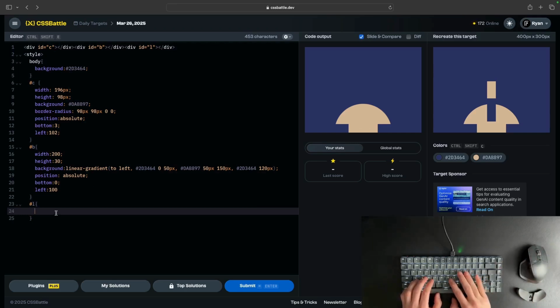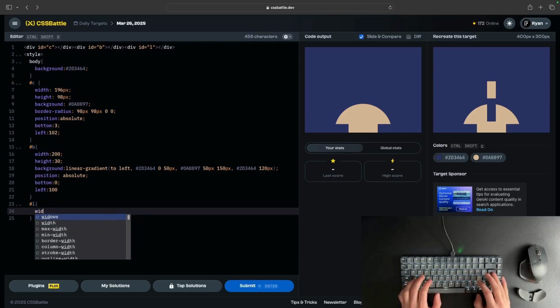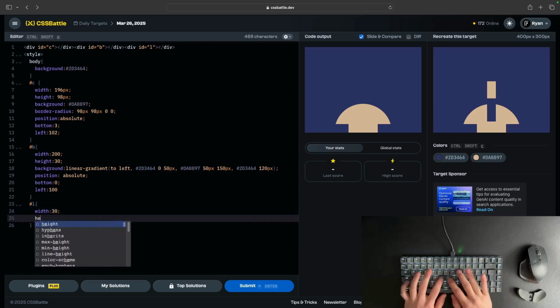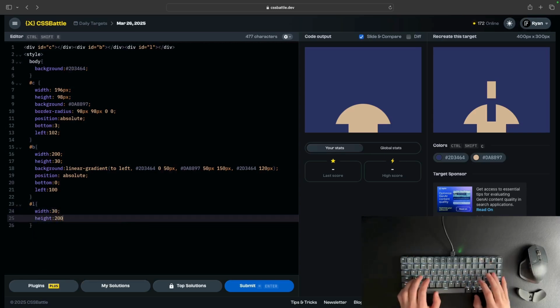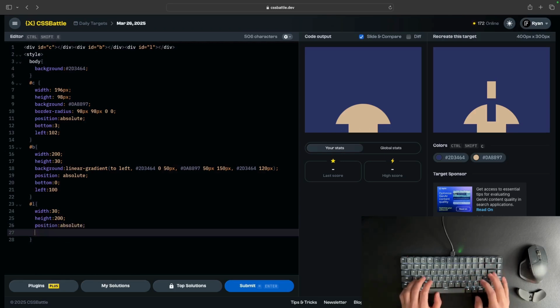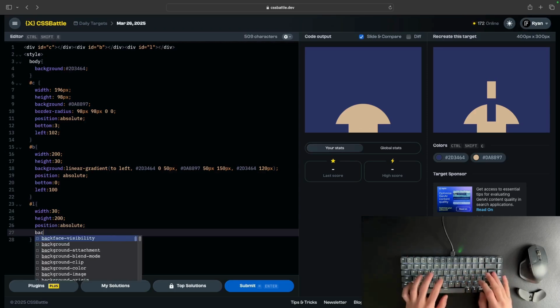This one's going to have a width of 30 and a height of 200. Position absolute again, and the background